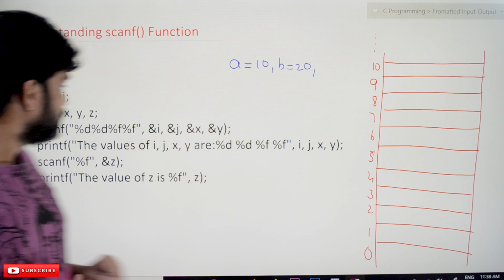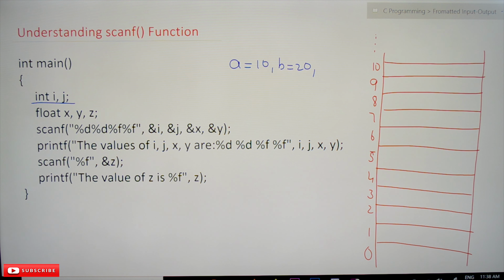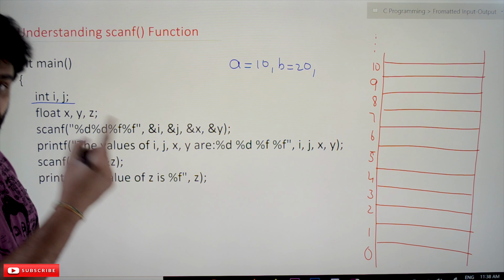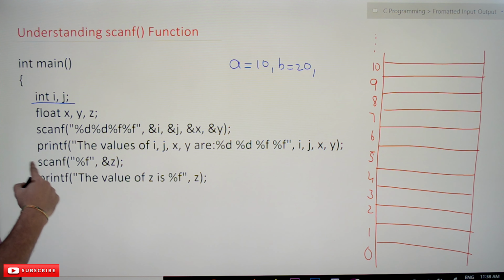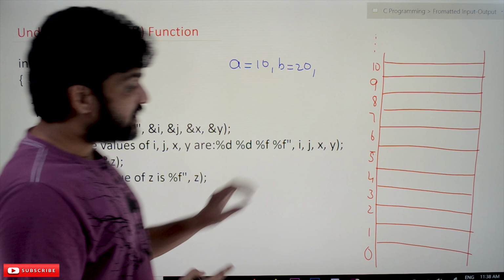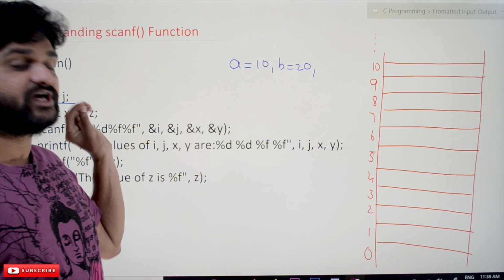Now let's try to understand the first line of code, int i comma j. This is a declaration. i and j are variables, and the values that can be stored in i and j are integer type. So what happens in the compiler after executing this line of code? The compiler is going to assign some memory locations to these variables.